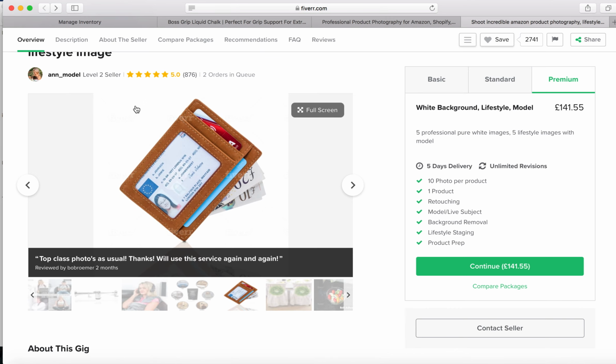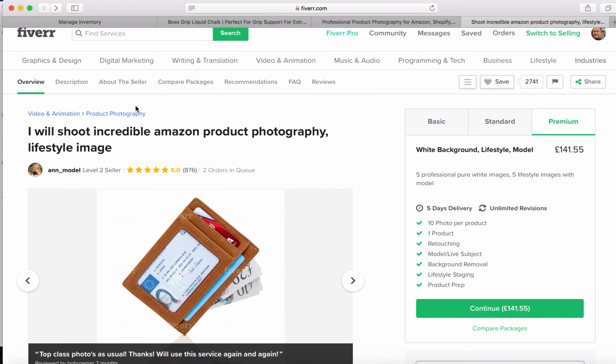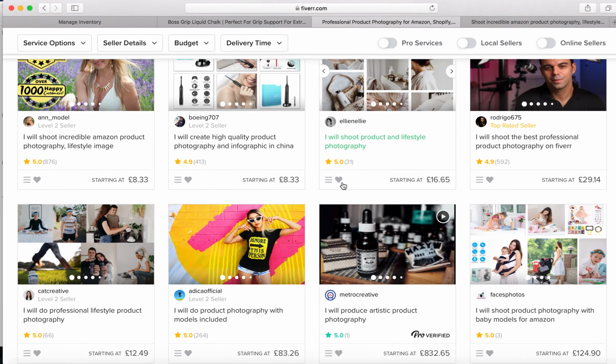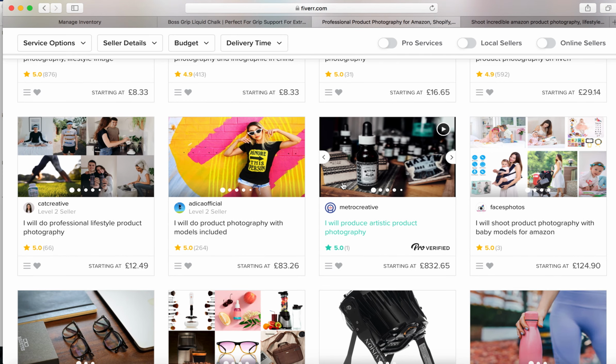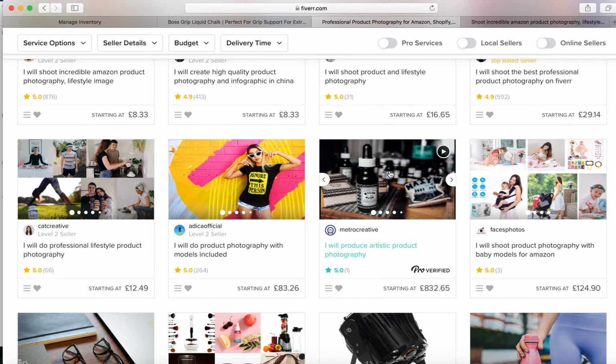So you could go through lots of different consultants until you find the right one, and ultimately all you have to do is send your product off to them and give them a very detailed explanation of what you want from each image. So I personally write down, I want 7 images and here's the exact breakdown. And just to remind you, you want to have at least 2 product pictures, 2 infographics and 2 action shots. And then for another one you may be able to just use your imagination to decide which of those you want to do. So just approach a consultant, give them your guidelines, see if they can actually do it for you,